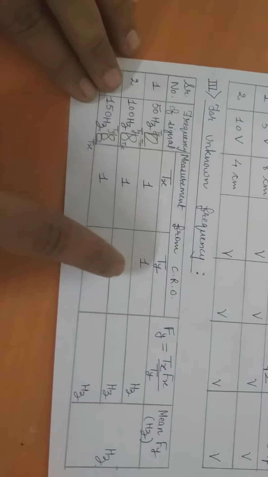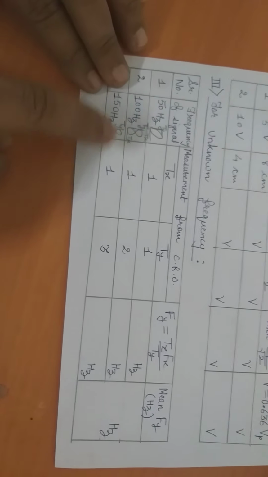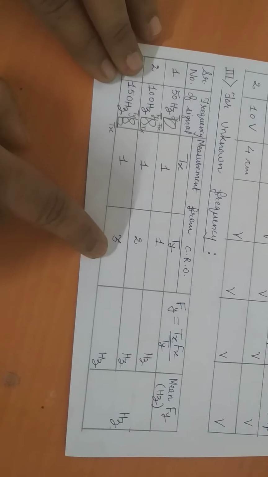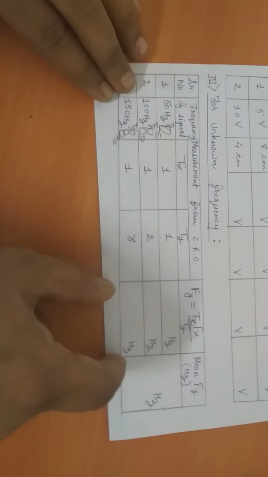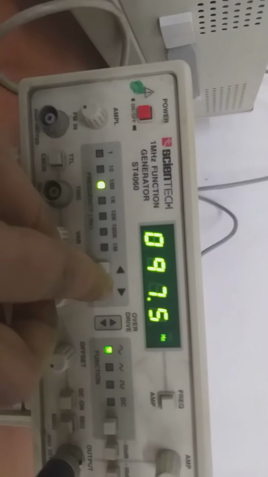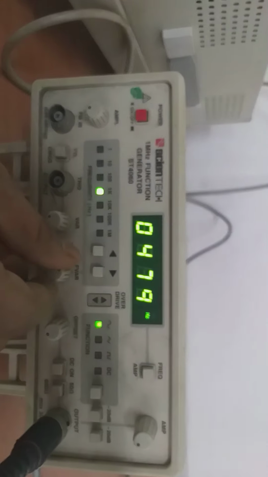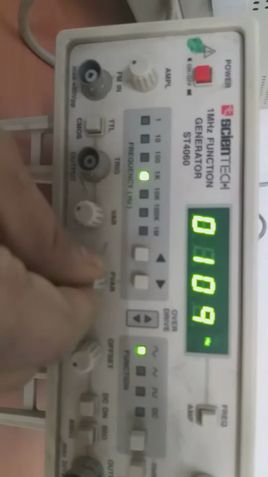So now you will substitute the same way over here. Tx is 1, Ty is 2. You will write down the calculations. For the third frequency also you will get 1 and 3. That also we can observe. Put all the values over here and take the mean of all these three frequencies. So I will show you the last pattern also. I have to vary the frequency range over here because the maximum range was 100 hertz. So now I am taking 1k and adjusting at 150.